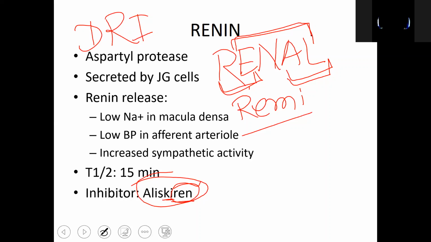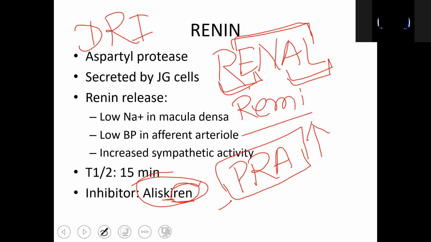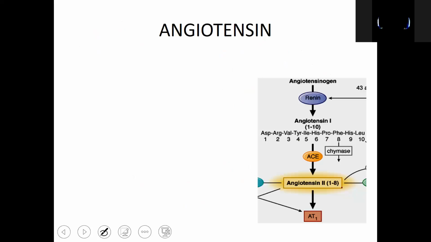So whenever the first line treatments fail in the treatment of hypertension, and if the plasma renin activity is evaluated and found to be high, high plasma renin activity plus failure of the first line antihypertensive agents, then only can we go for these direct renin inhibitors. But anyway, they are to be combined with the first line drugs. Okay, coming to the second component, after the renin, the next thing in the list is your angiotensin.